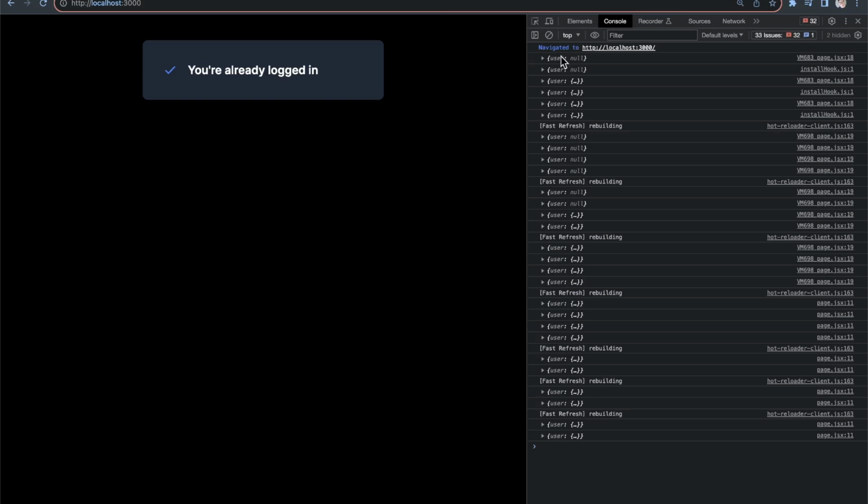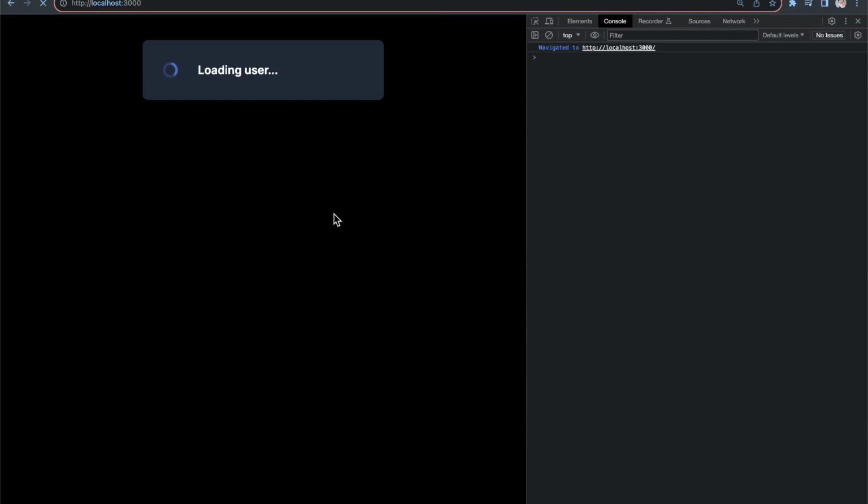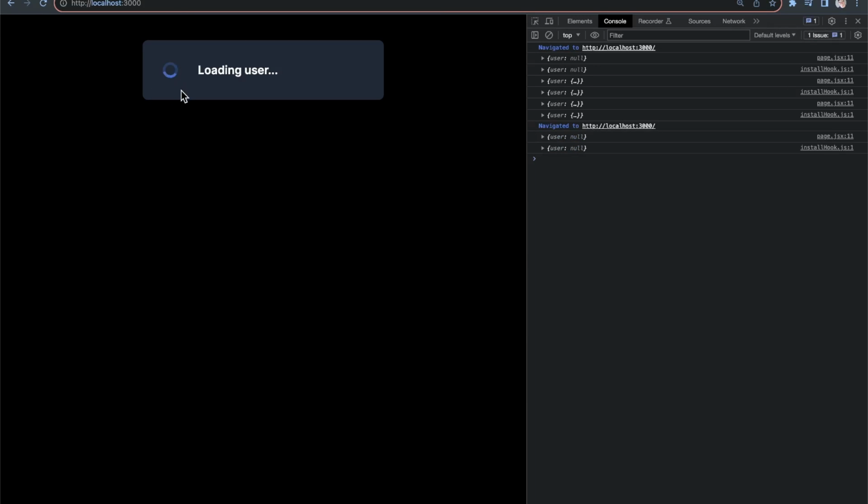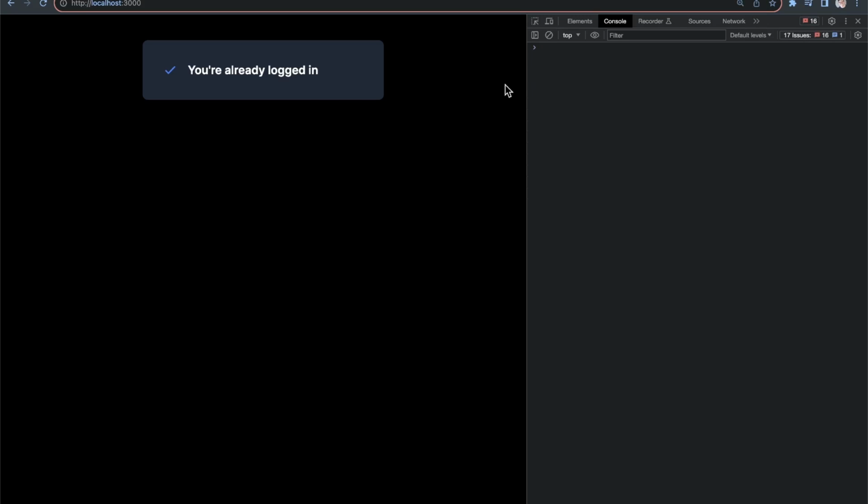Let's see if that fixes our issue here. So let's refresh, and we see loading user, you're already logged in. That's pretty cool. And look at this animation that ChatGPT gave us out of the box here. That's pretty wild, and we're already logged in. So really, really cool there. So now we've added this functionality, but we're still missing one piece,